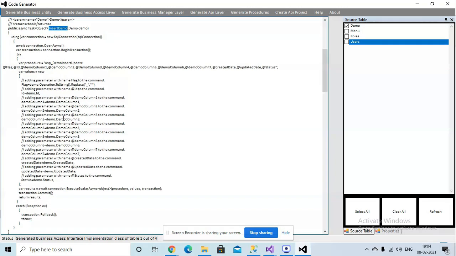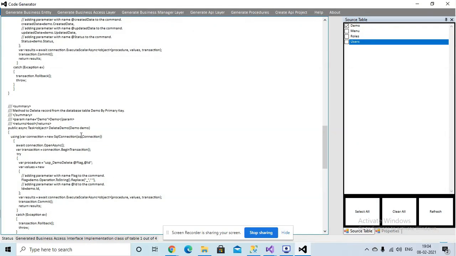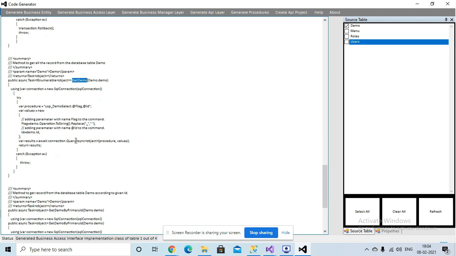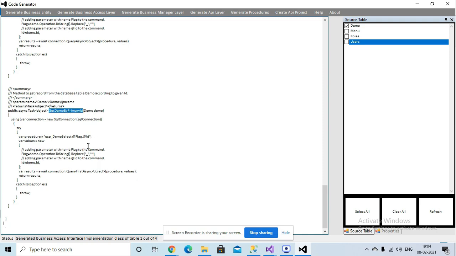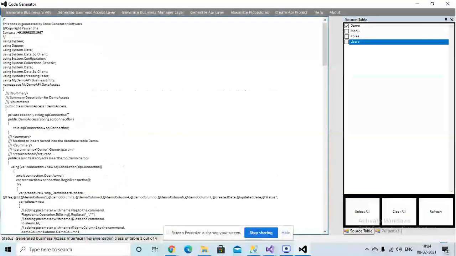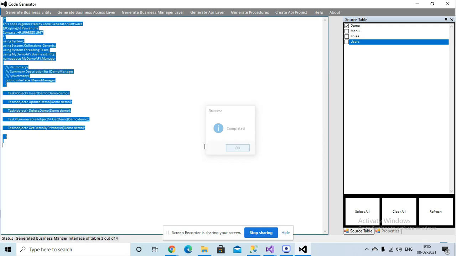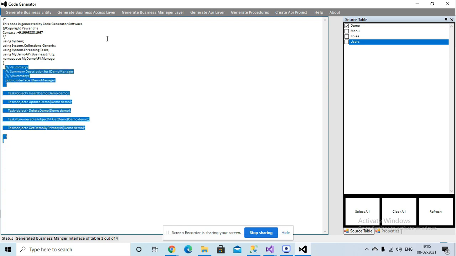So this is for the insert script, the insert function. Then we have the update function, then the delete function, then the get all table data function, then the table data by primary ID. So these are all the functions which are created by our tool, and after that we can create a business manager interface as well. So here you can see the business manager interface has been created, and now I'm creating